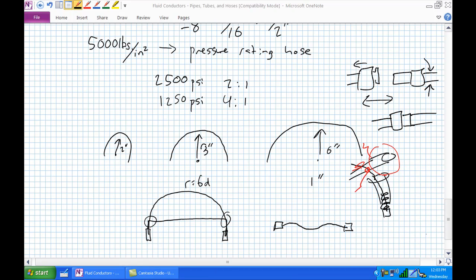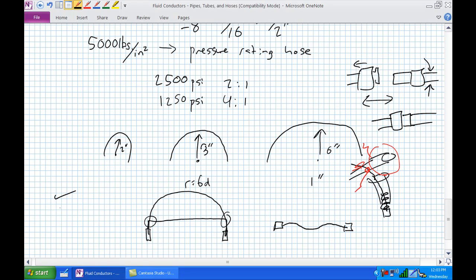Okay, that's pretty much it for fluid connectors, pipes, tubes, and hoses. Just remember, pipes stronger, inflexible, hoses weaker, flexible. That's the big take-home point, and all the other particular tidbits we discussed right here. One of the things too is remember, you're not just maintaining the valves and the actuators. The hoses, pipes, and tubing for a system are maintainable items, and you have to keep these things in working condition. If you have a stock of hoses in your supply room, don't have them exposed to